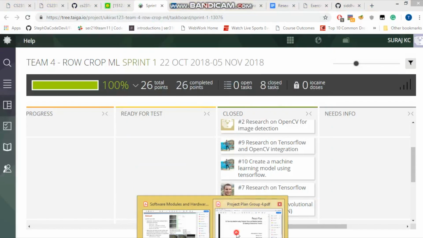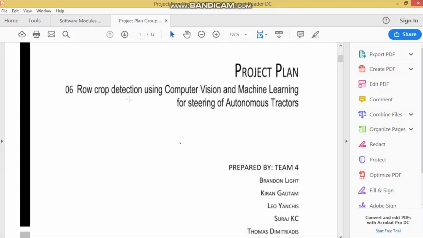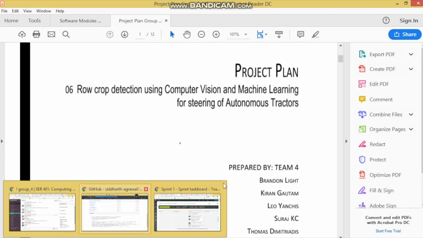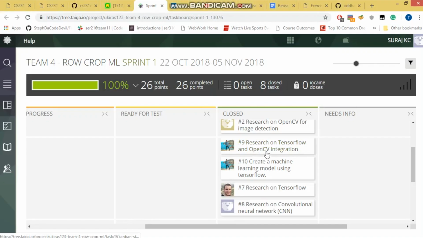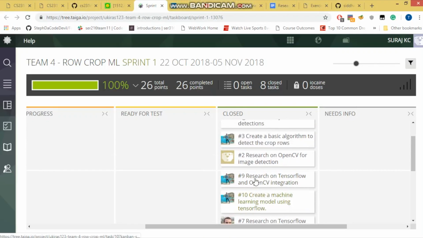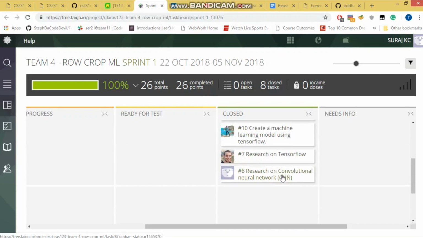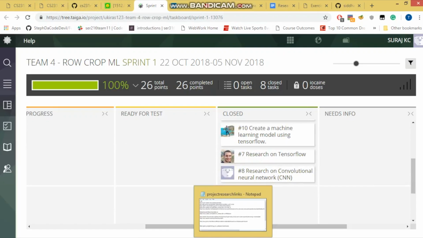Hello everyone, my name is Suraj Kesi from Team 4, project number 6: row crop detection using computer vision and machine learning for steering of autonomous tractors. As part of the project for sprint 1, as a team we have researched various topics: OpenCV, machine learning using TensorFlow, and convolutional neural networks. I have researched convolutional neural networks, which will be used to detect the row crop